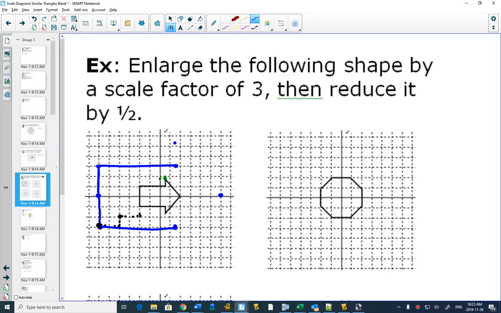But another thing that you can do with a ruler, okay, is you could take a ruler and take this point and measure this distance. So I've got a ruler here. I'm going to go up to Logan's here, and I'm going to measure. It looks like it is 0.9 centimeters, 9 millimeters. If I multiply 9 millimeters by 3, I would get